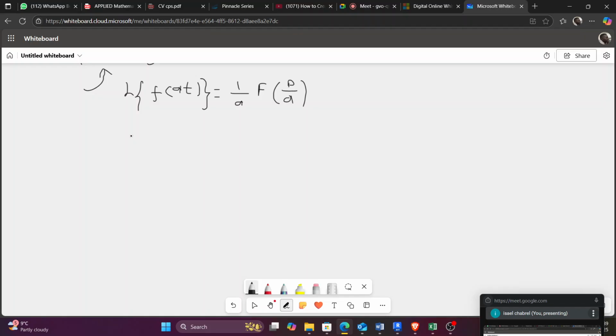Let's move, guys. How do we solve this? Okay, for instance, I'm just going to take the same example that they got there. If you have Laplace of sine 3t. Okay, guys, how do you know that you have a scale property? As long as you have any function.